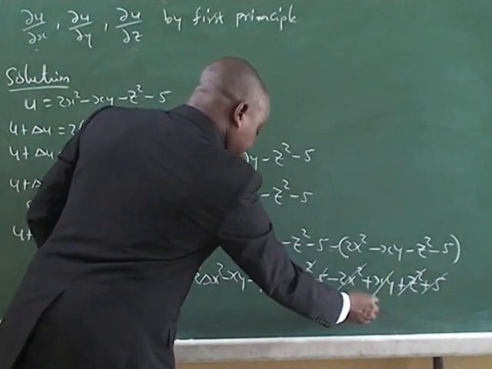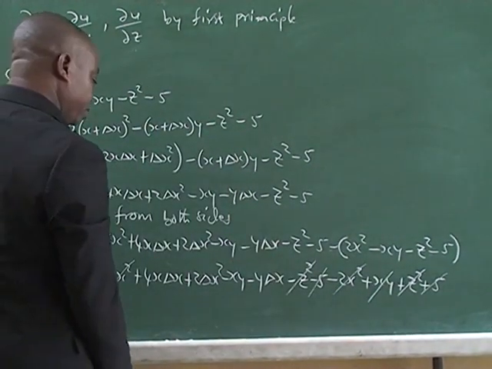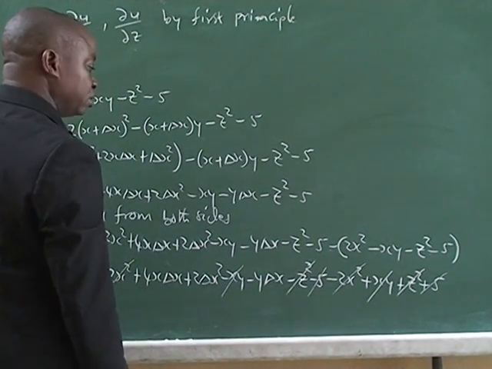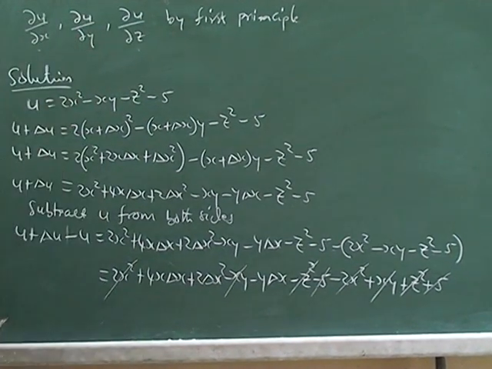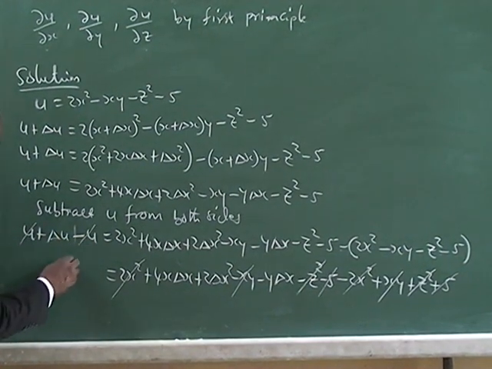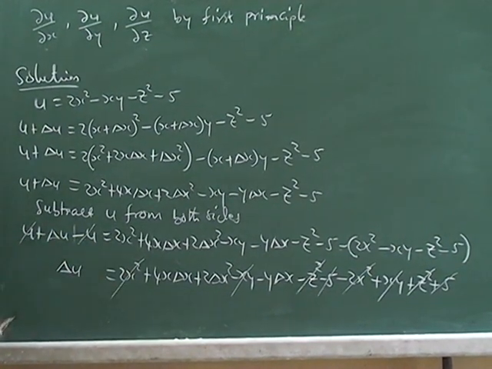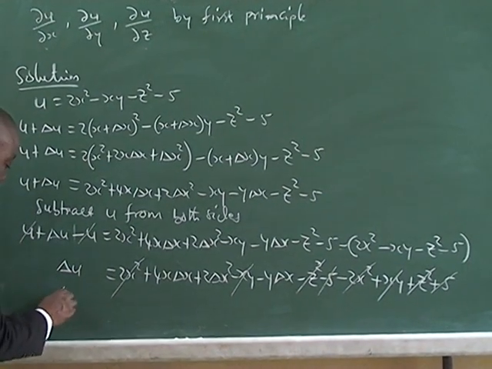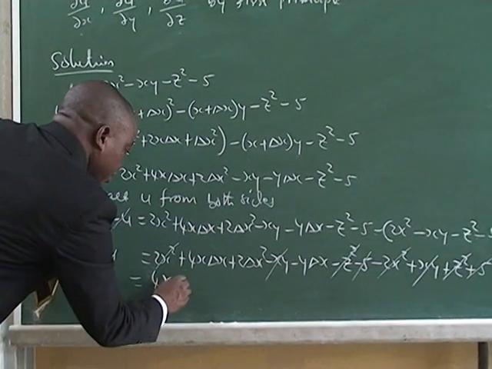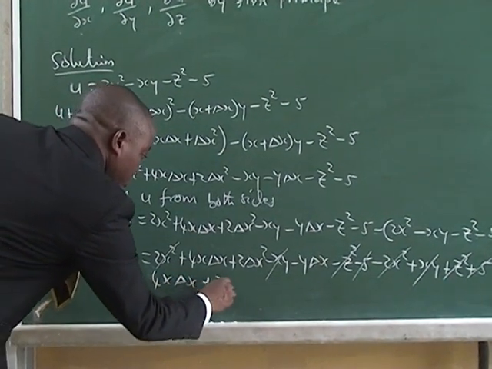We also have plus xy, and we have minus xy. So these are all that we have there. And then u and minus u can go. So change in u becomes this, which means change in u will be equal to 4x change in x plus 2